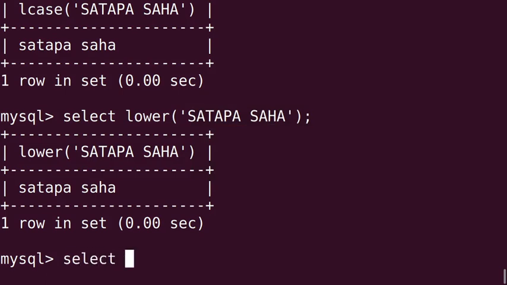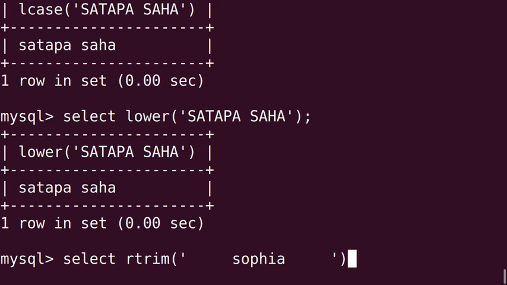Select rtrim within bracket, within quotation, some space, then Sophia is the string, again some unnecessary space we are giving, because we want to see how the trim function removes the leading and trailing spaces here.